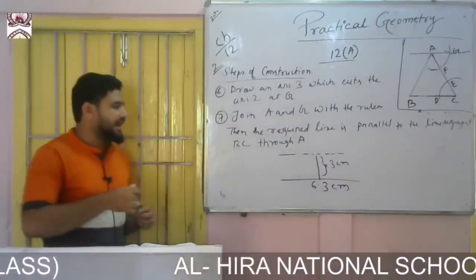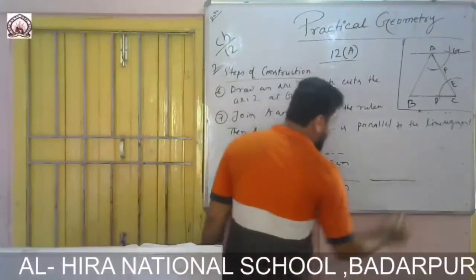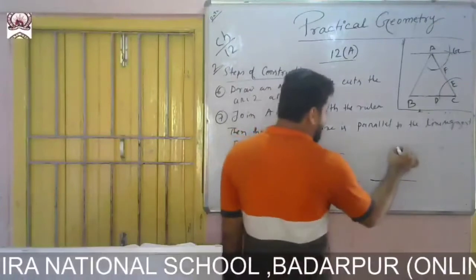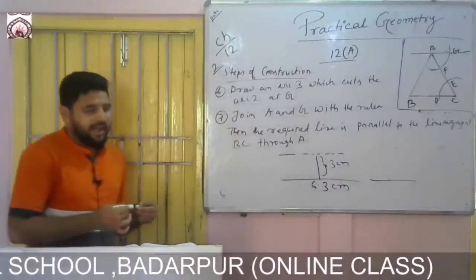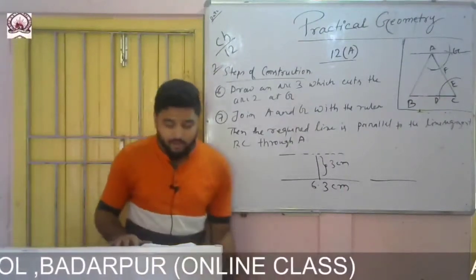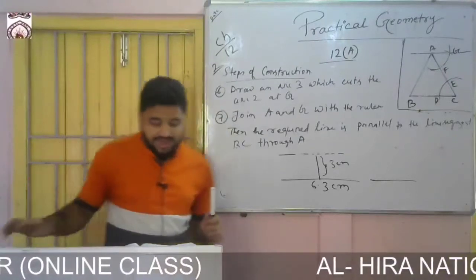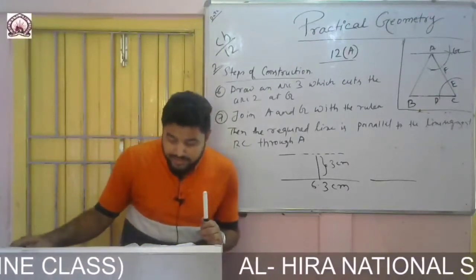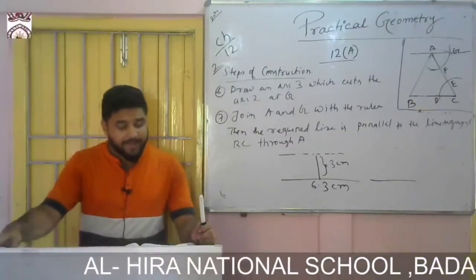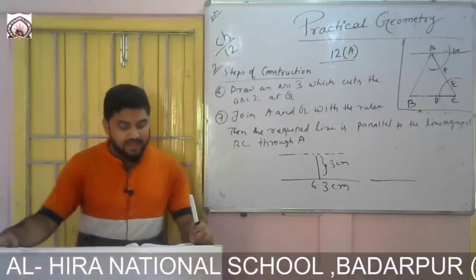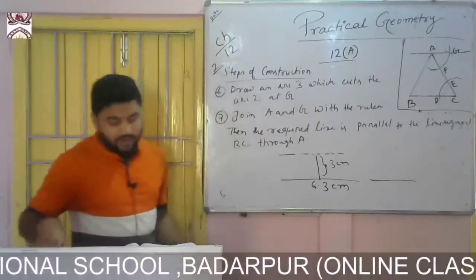This can be done in two ways, by taking one line segment and by taking P outside, but it will be easy if you draw two perpendicular lines. You see, a hint is also given in the book. Suppose AB is the line segment. Taking P on AB, draw a line segment PL perpendicular to line AB such that PL equals 3 centimeter. Now draw the line segment through L parallel to AB.